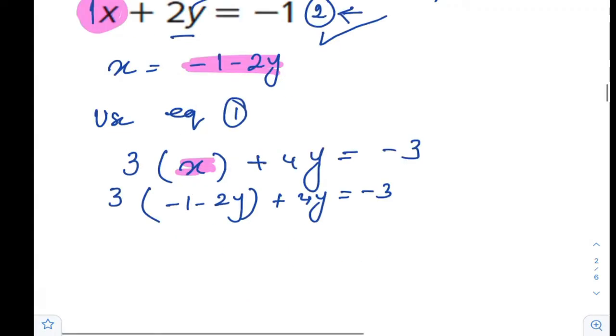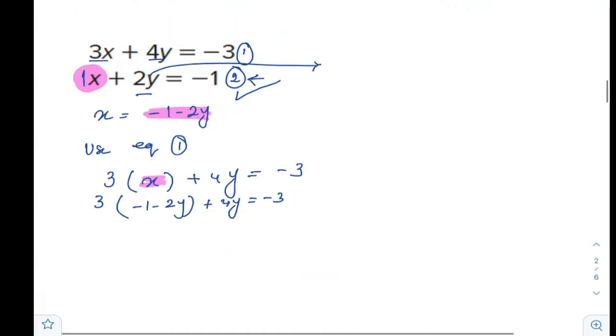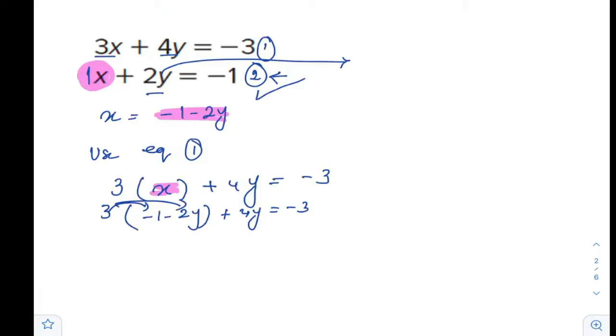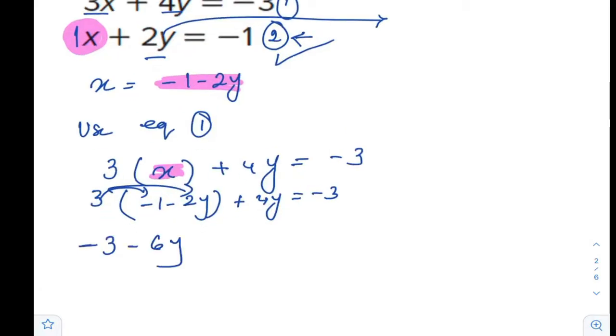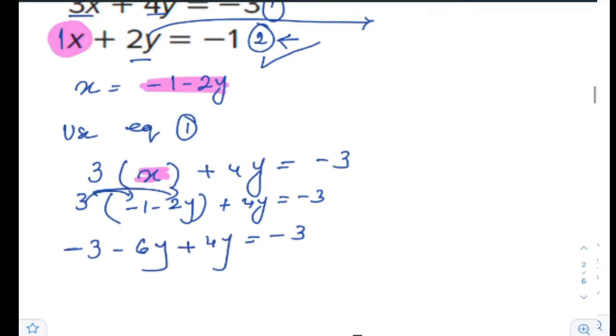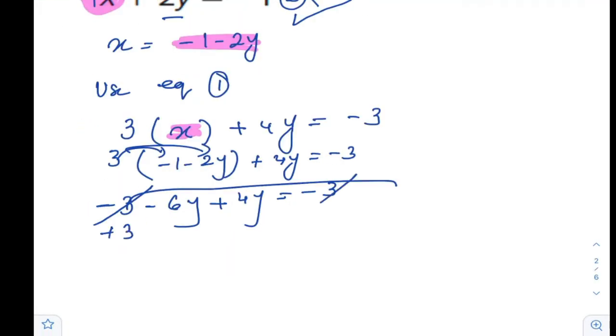I will use distribution, the way you were solving the equation at first. Careful and accurate. Of course, you can cancel here, because we can add 3 and we get 0 minus 6y